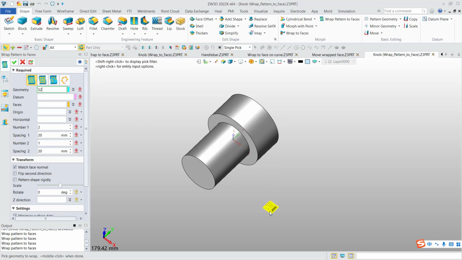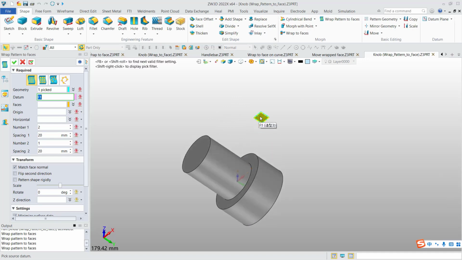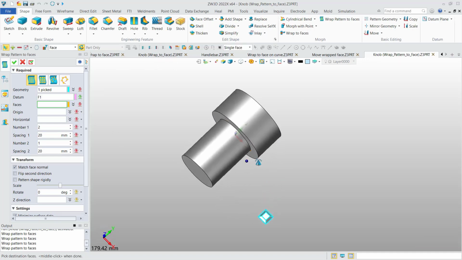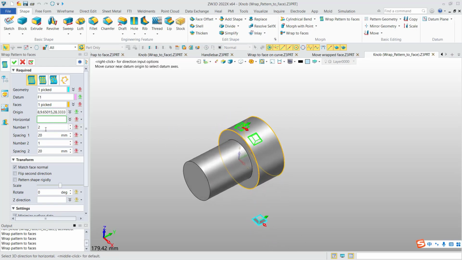Okay, now let's see how to use it. First, we select the geometry to be wrapped. Okay, and then we select datum. We can select the bottom face of the geometry. Okay, and then we select the destination face and the origin. And the horizontal, we can keep it by default. Okay, and here you can see we can